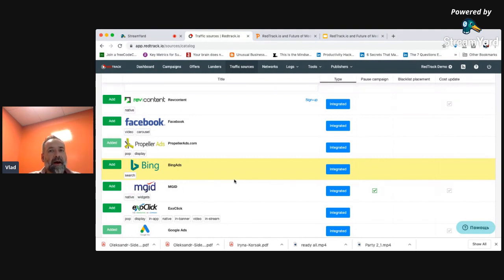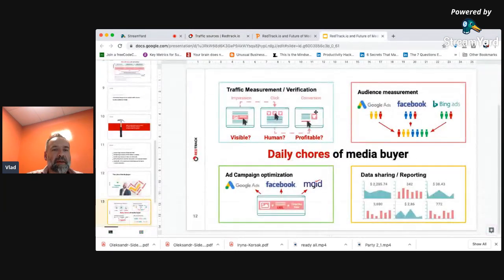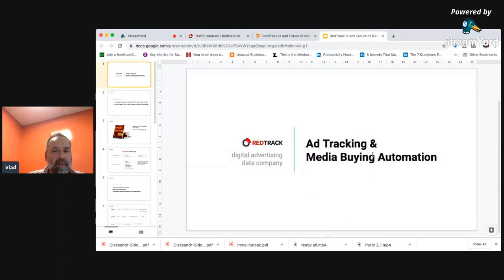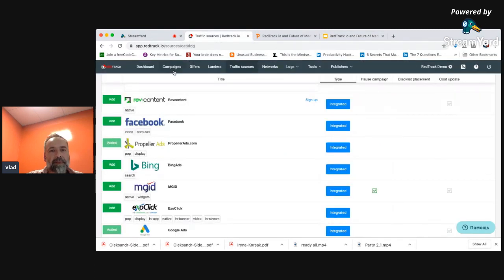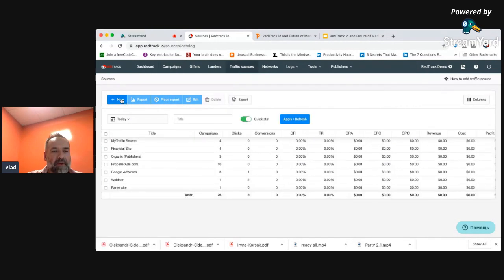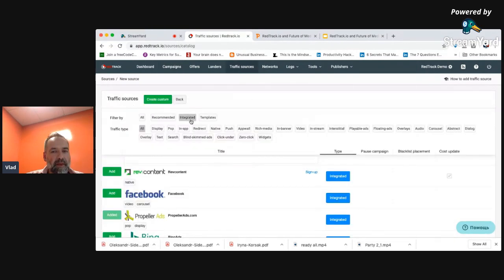That's it. This is Vlad from RedTrack. We covered the RedTrack approach to automation of media buying through API integration with traffic sources. We checked how it works in RedTrack between identifying integrated traffic source like this.